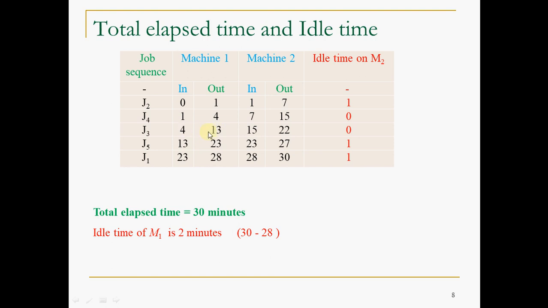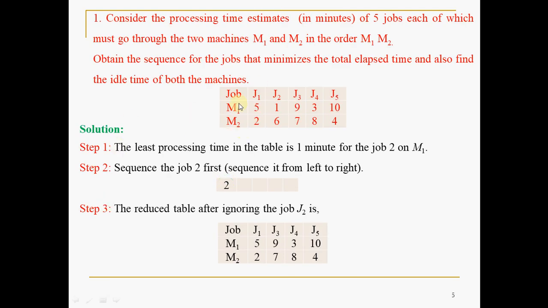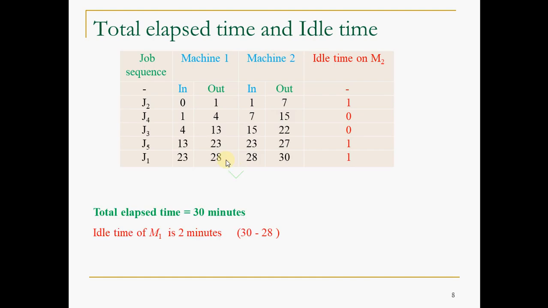This gap will be 9 minutes, that you have to check in the data, as I told. So J3. Then again this out time will become the in time. So this one 23 and 28. Why did you get this 28? Let us see. 23 and 28. J1, if you refer, job 1 on machine 1 is 5 minutes, hence 23 plus 5 minutes, that is 28 minutes you will get. This is about machine 1. In other words, machine 1 will be completely engaged for 28 minutes to process all the jobs.